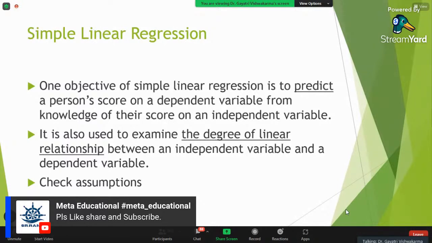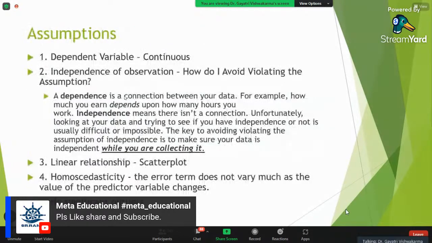But they don't think about whether their data is appropriate enough to apply linear regression or not. So for that, you first need to check the assumptions before applying it. Every statistical method has some kind of assumption behind it. First, you need to check, and then you should go ahead. So what are some assumptions of regression, especially linear regression?